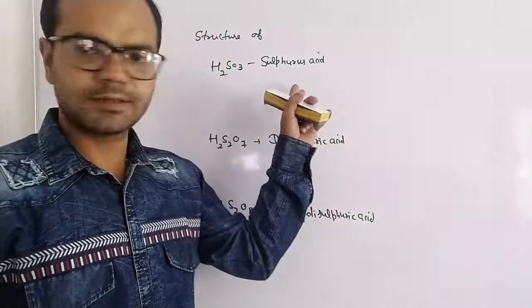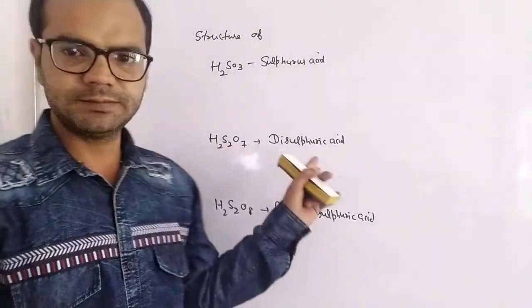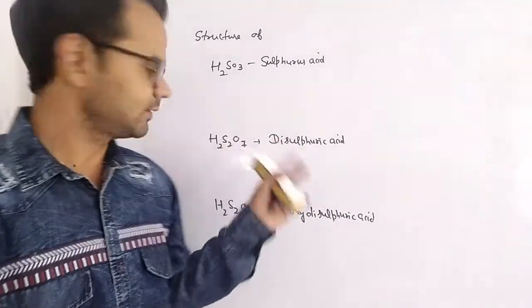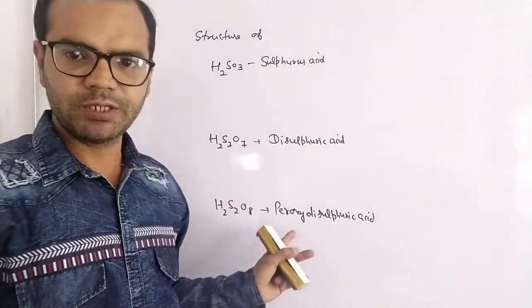H2SO3 is sulfurous acid, H2S2O7 is disulfuric acid, meaning it is a dimer of sulfuric acid, and H2S2O8 is peroxy